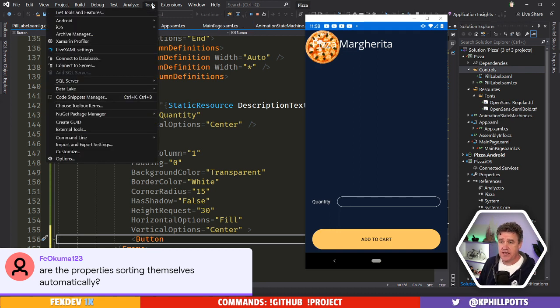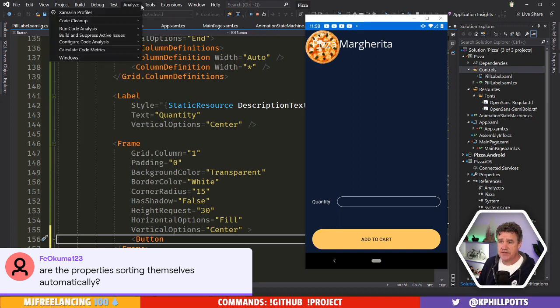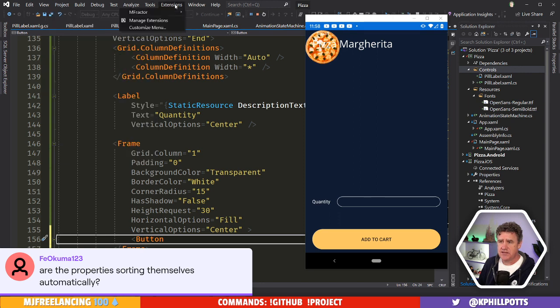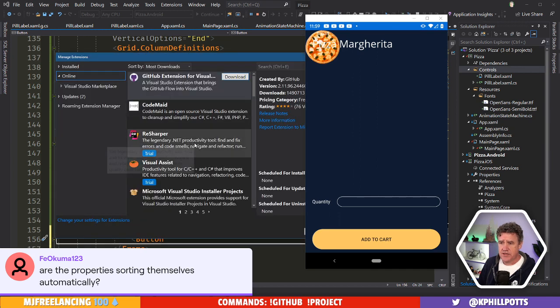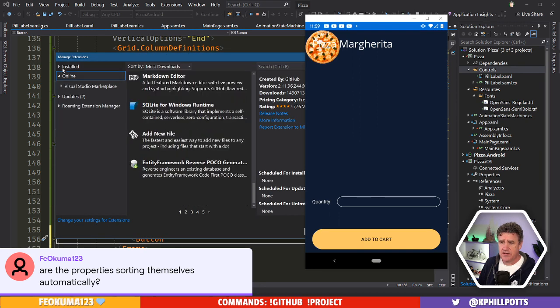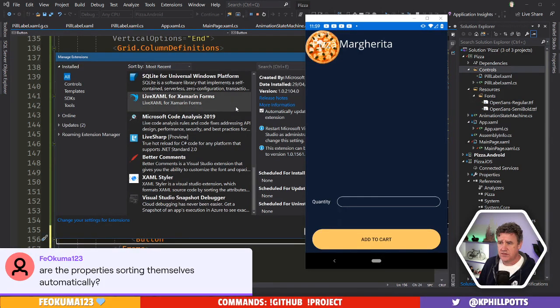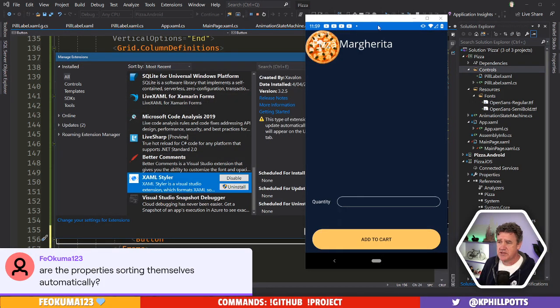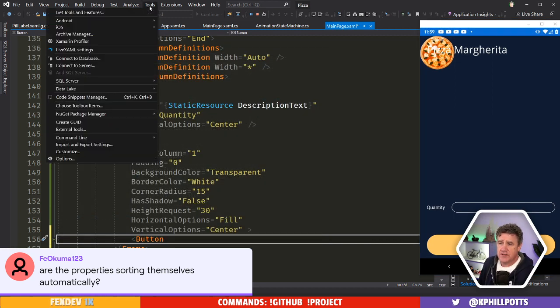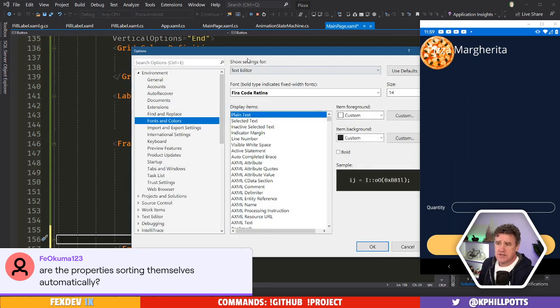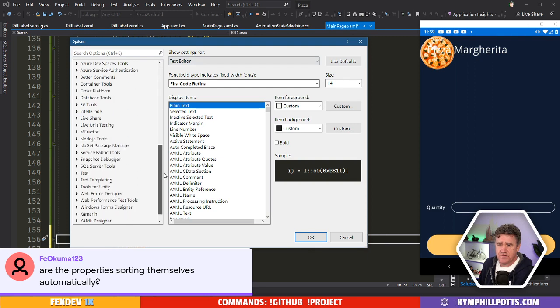So basically, in my extensions, I use a little extension called XAML Styler. And so with XAML Styler, somewhere in my options, it has a bunch of settings